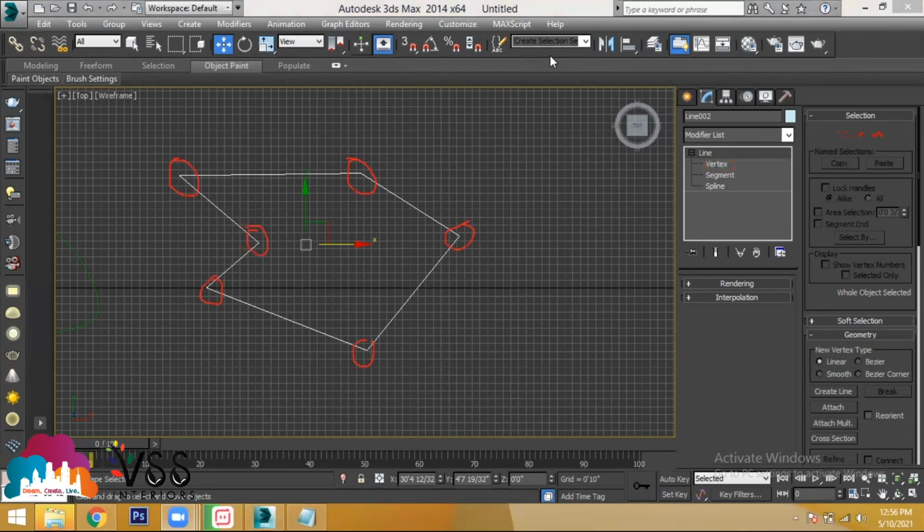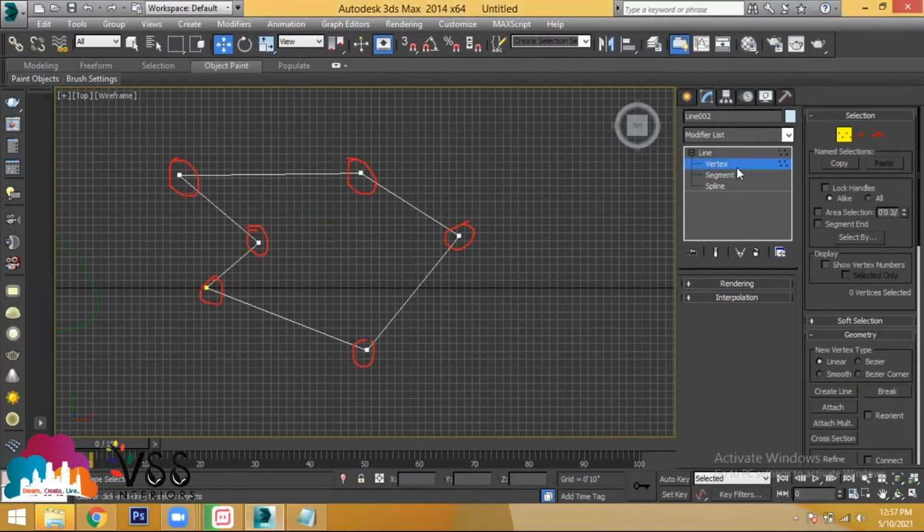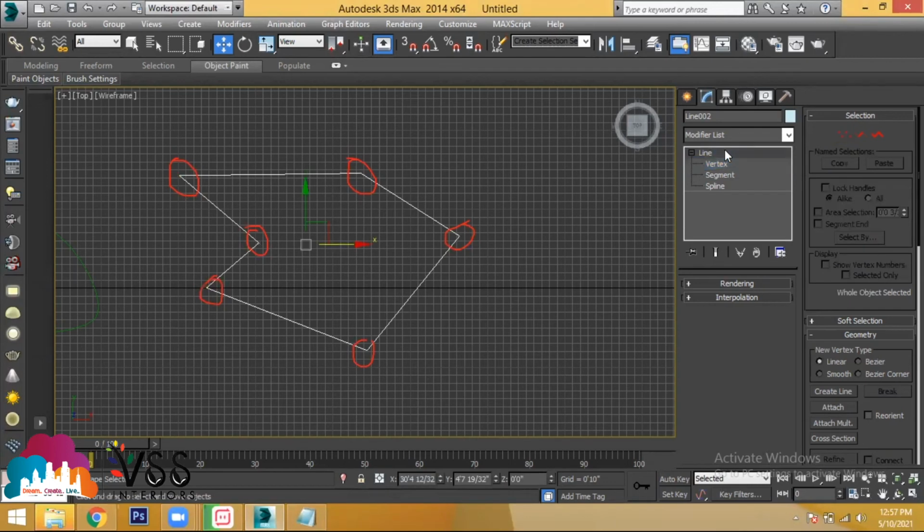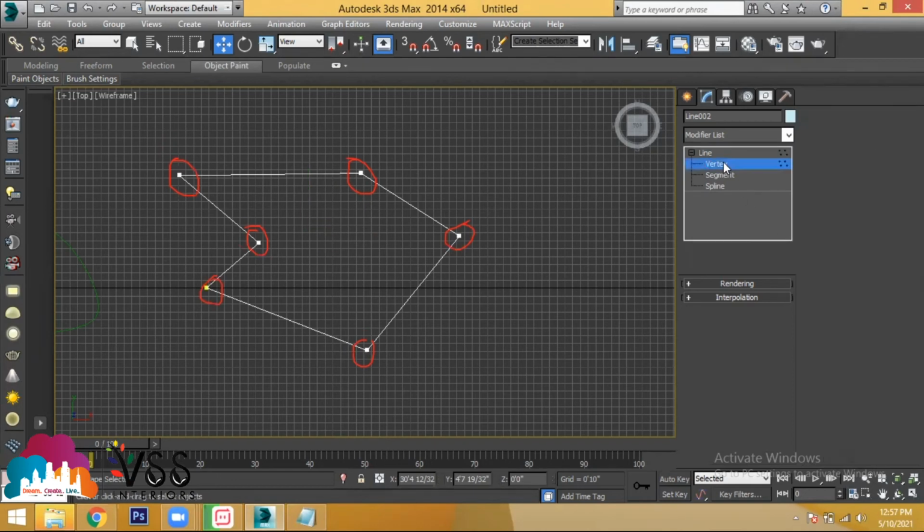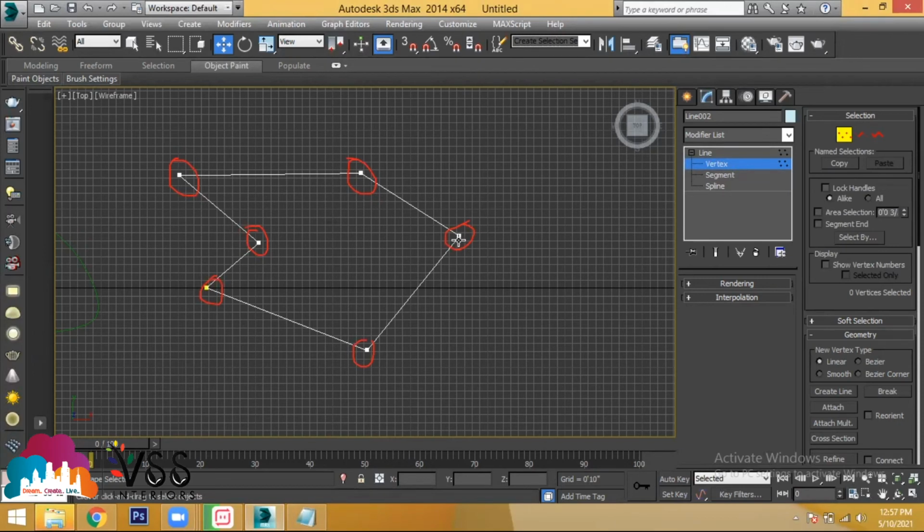When the selection is in line, it is nothing but neutral selection. Only when you select vertex will the endpoints get highlighted. When the selection is in line again, it will get deactivated. This is the normal default selection of a complete object. When the selection is in vertex, the endpoints will get highlighted so that you will be able to select that particular endpoint. So by selecting that endpoint, what can you do? One, you can move the endpoint position from one position to the other.